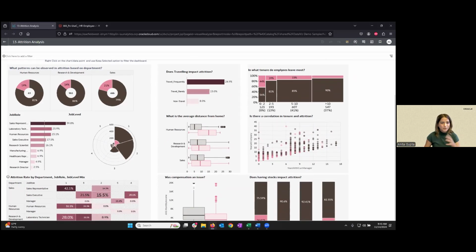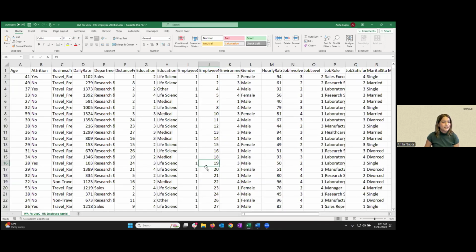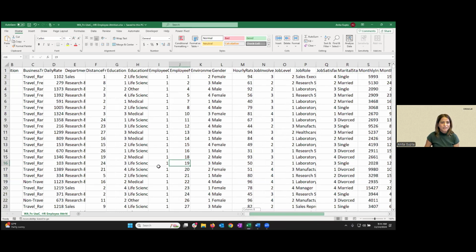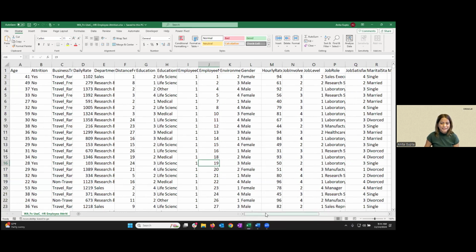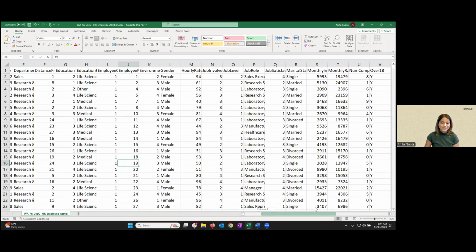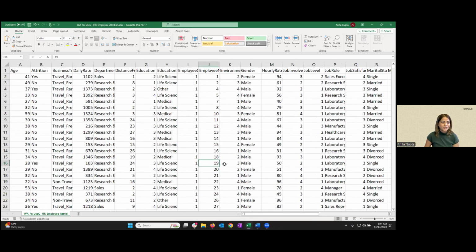Before I go into the charts, let me briefly explain the data source that I have used and also some of the data steps that I have done to prepare the data. The data set is coming from a very famous HR attrition case study, and that is available online. The data source is in Excel, and let me show the Excel as well. This Excel has more than 1,000 rows and more than 30 different variables. So that is the challenge, to dive into the data and get the insights.